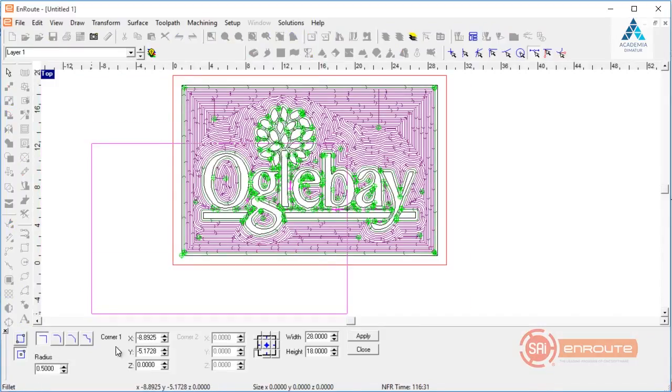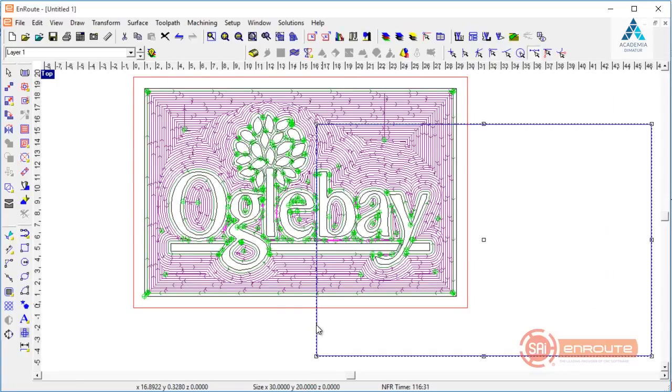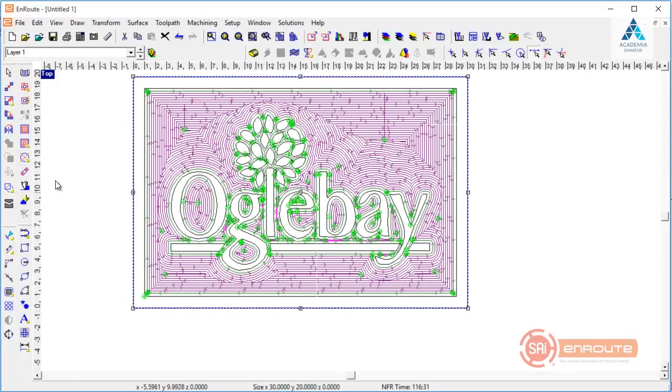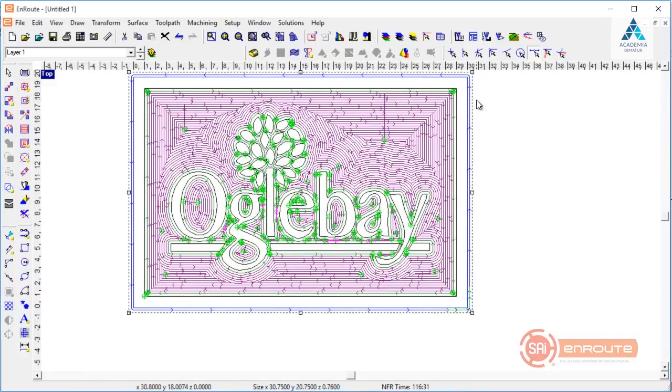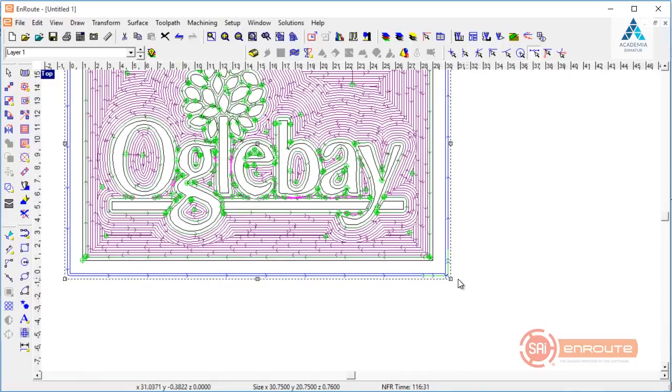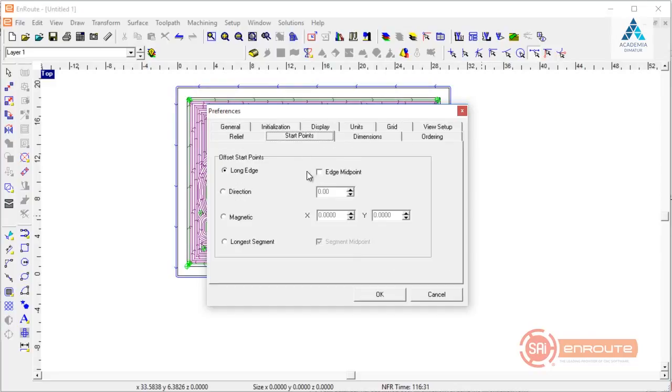Now I'll create one more rectangle the size of the part, and I'm just going to place that on screen and hit Control 5, and that centers it right in the plate. And I can come here now and apply a routing offset toolpath, and in this case I'm going to go just a little bit deeper than the material. This already has my entry exit parameters included, and if I wanted to, I can actually determine where my entry exit is by setting a pre-existing